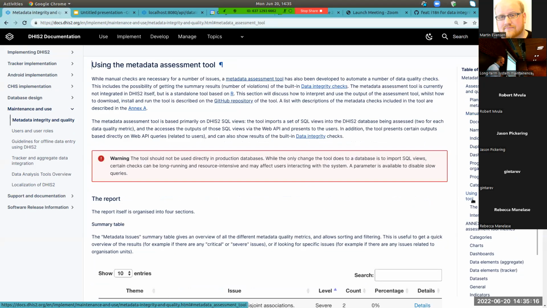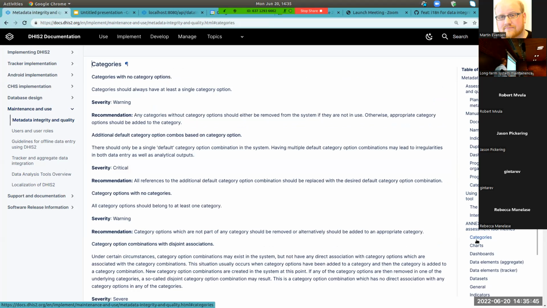And then the next part is more like a user guide for what Jason will present in a few seconds with this new metadata assessment tool. So on the documentation page, we essentially have an introduction showing a bit how the tool is used or what it's used for. Sort of the installation part of it is on GitHub together with the tool. And then we have basically pulled out all the different metadata metrics and recommendations that are embedded in the tool here as well,